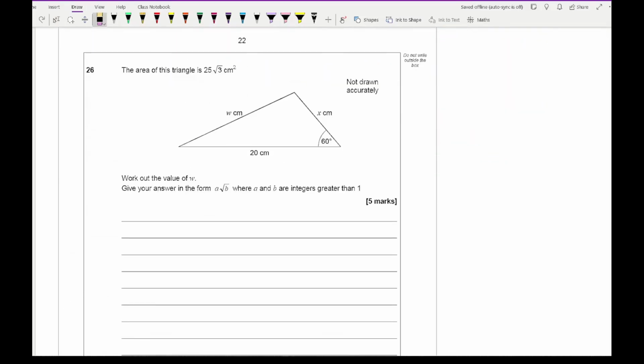So looking at question 26, it says the area of this triangle is 25 root 3, and the question is asking us to work out the value of w. Now in order to work out the value of w, I need to use the cosine rule, but I also need to find x first. So what I need to do is find x. Now to find x, what I've got to do is use the area of the triangle, which has been given to me. So I'm going to use half ab sine C